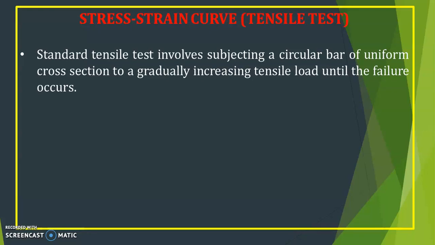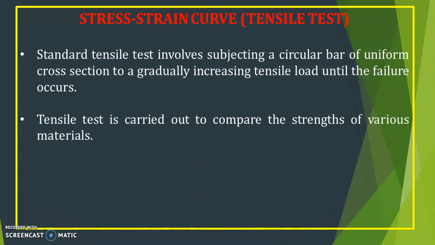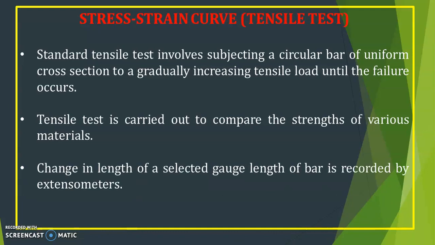Here you have to consider one circular bar of uniform cross section. Then you have to increase the load using the UTM machine, the universal testing machine, until failure occurs. Once that experiment is done, you will get the stress strain curve. The tensile test is carried out to compare the strengths of various materials. The change in length of a selected gauge length of the bar is recorded by extensometers. We have to fix the extensometers to the machine so that they will record